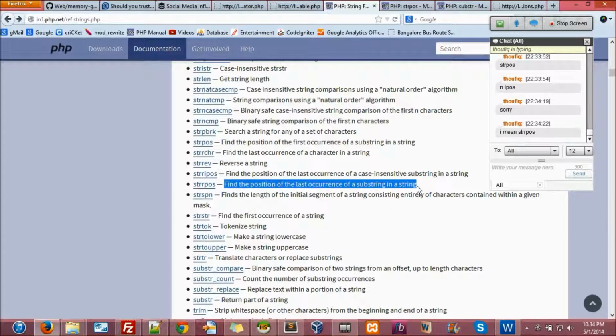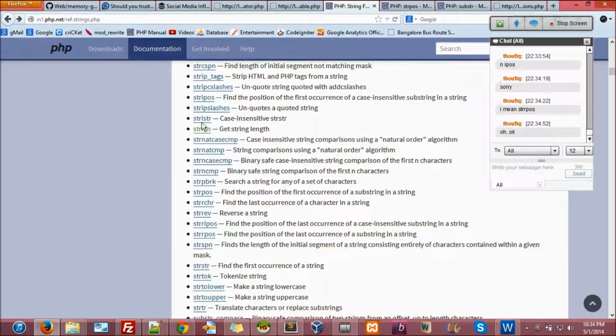I stands for case insensitive, R stands for reverse. Remember, reverse. Here, R stands for reverse, strrchr. So it's about the last occurrence. So that's the reason I say it's reverse. I is for case insensitive.